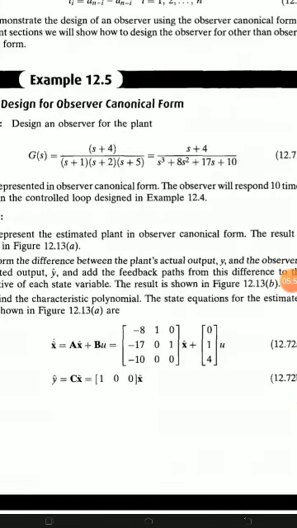Now even if you remember the controller design by the matching coefficient method, we calculated two equations. One is the actual characteristic equation, the second is the desired characteristic equation. Just compare the coefficients of those two. If necessary, select the third closed loop pole, then calculate the K gain matrix, that is K. Right? Now here also it is the same.